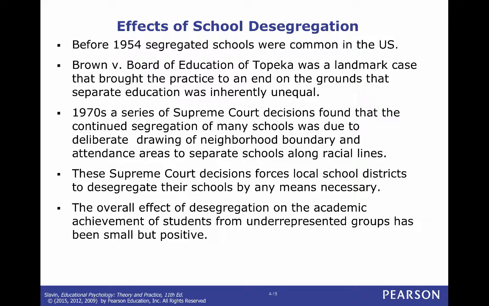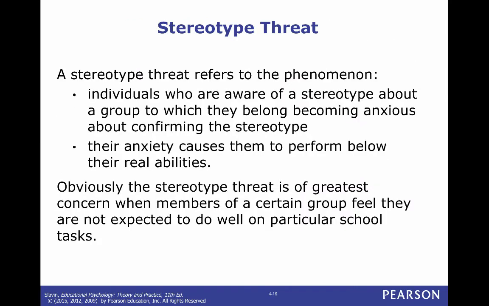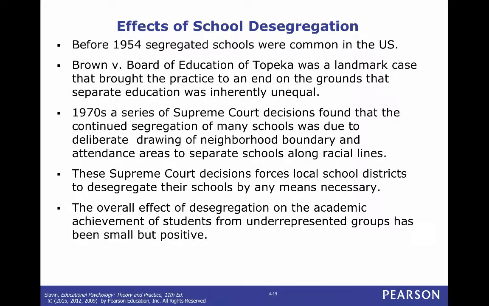So that's one of the things they talk about, this idea of stereotyping. If we look back and talk about stereotype threat, because if little children, like these kids who were 3 and 4 years old, start to see themselves as good and bad based on their skin color, then it's hard for teachers to undo that. And it undermines the educational system. So that was one of the main reasons for desegregation.